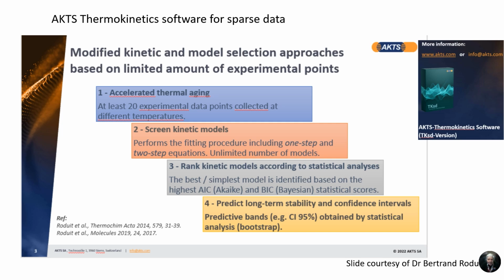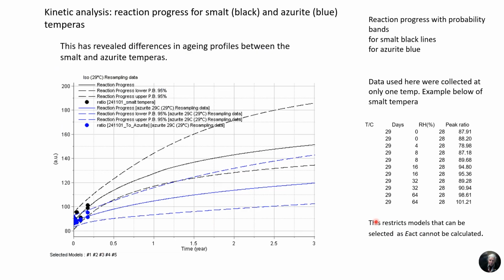So I considered then the condition of light aging, and we had different levels of light aging, so I took that instead. And basically from the data we should be able to obtain the kinetic models, and then statistical analysis can rank these kinetic models, and from that we can get a long-term lifetime prediction with confidence intervals. So let's see what we obtained.